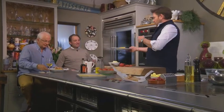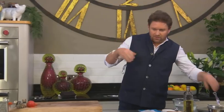Bon appetit, gentlemen. There you go. So the hot oil really sort of softens the tomatoes. That's the idea of it. So you can eat the entire thing. Right. Okay. With the cheese, I just get the bit that's left on the tray really, but the idea